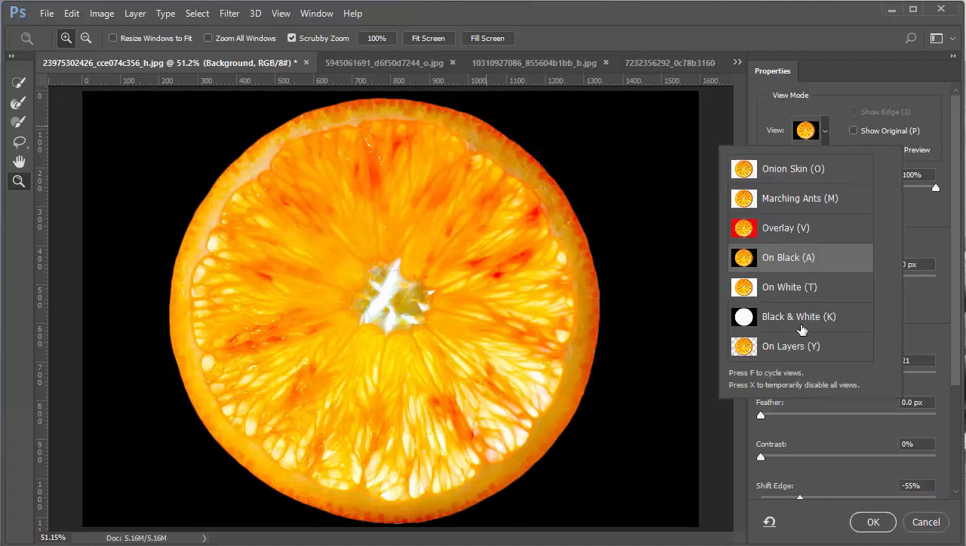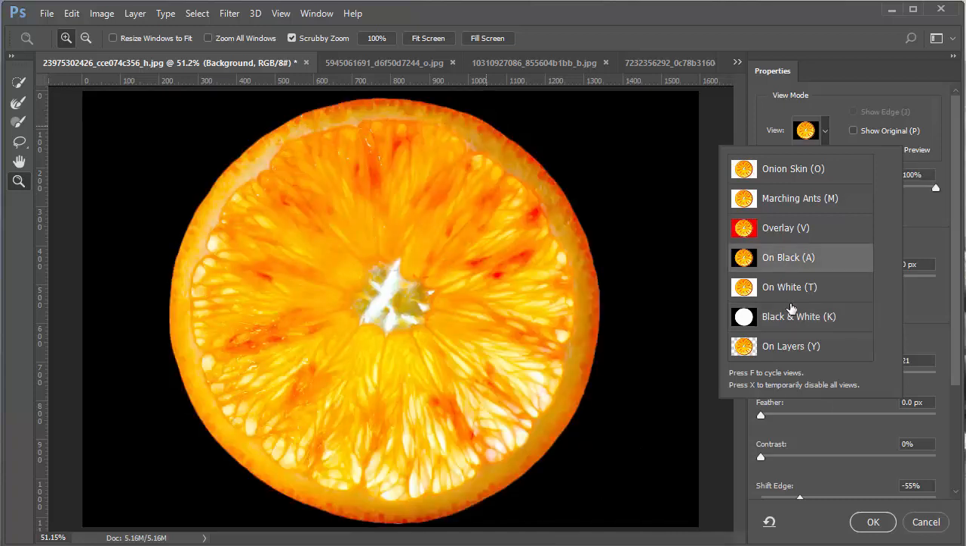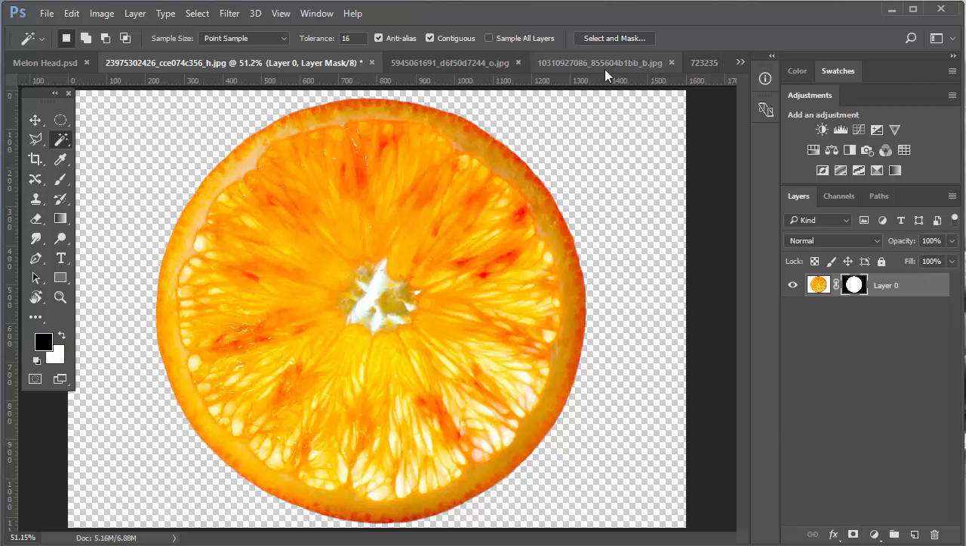If I go in, I could look at this as a black and white image. That often shows you any kind of extraneous things that you might have missed. But this looks pretty good. So I'm going to select OK. So here I have the selection I want. Now I want to do something with it, and again, I'm going to create a layer mask. And there we are. Now I'm going to take this, and again,